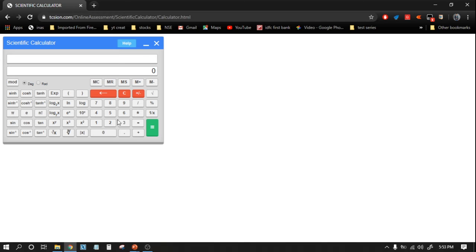There is no necessity, but for the introduction of this calculator I am using it. This is a calculator which will be provided to you in your GATE exam. You can find the link in the description, and it also has an Android version.